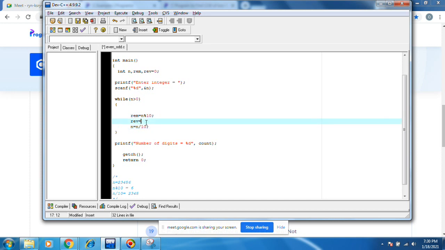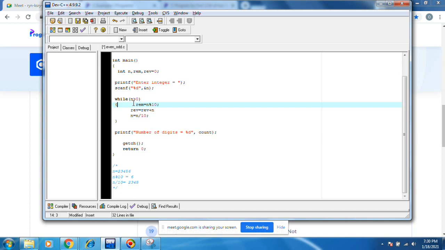Here, what will it go? Reverse plus remainder equals to, okay, last value is coming.